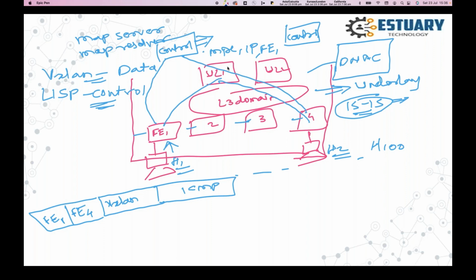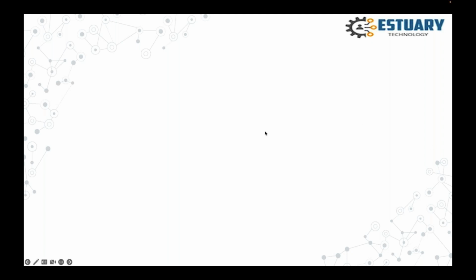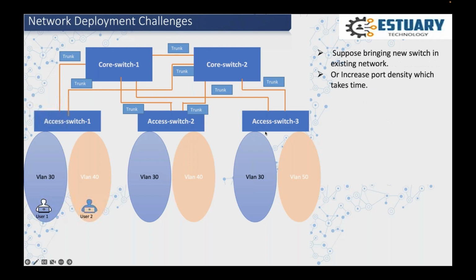Now, why have I drawn only up to the underlay? Above that there is, let's say, MPLS, and how you reach the data center and so on. That's a different story altogether that we will cover in detail when we start our batch. But this is just an overall idea of how the SDA access architecture looks, and the magic of automation and the DNAC controller, how the configuration happens. Now, let me go back to our original presentation.